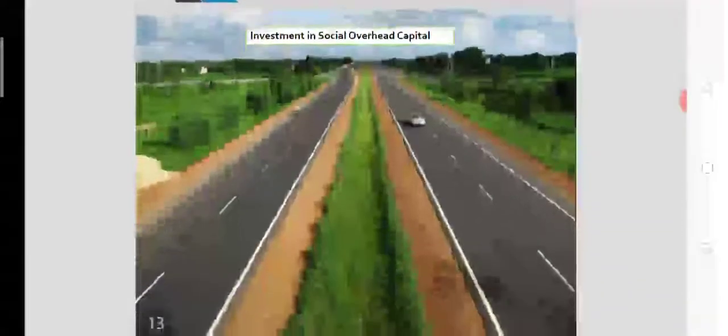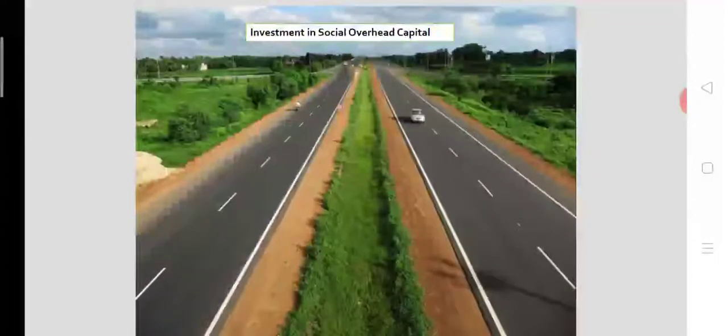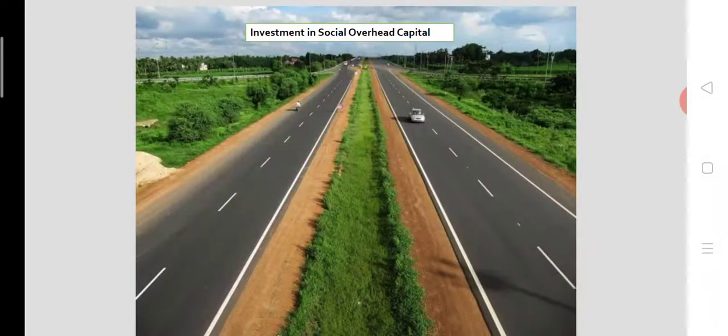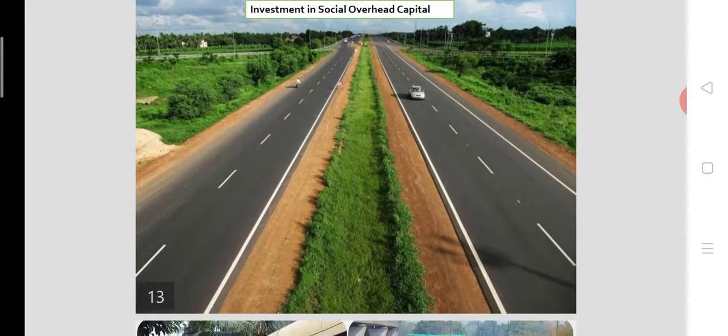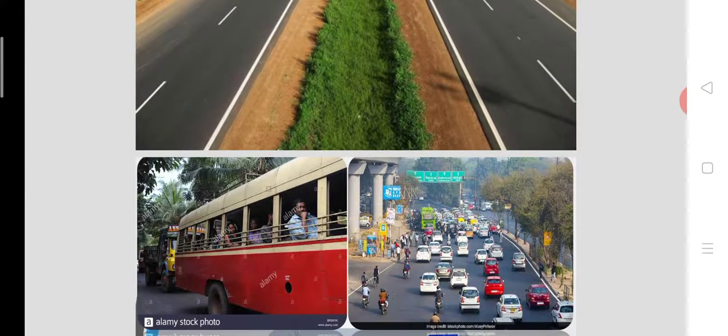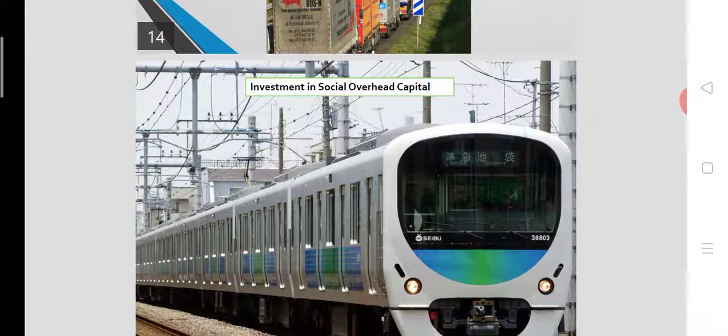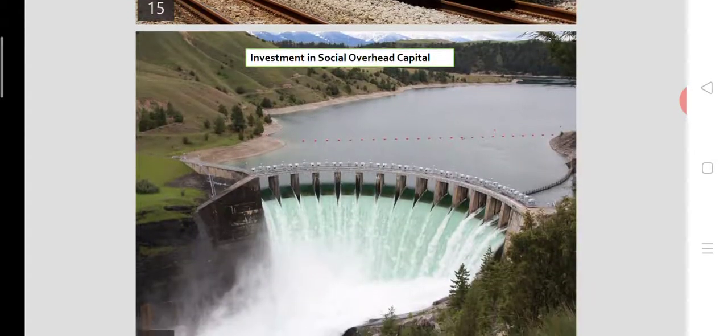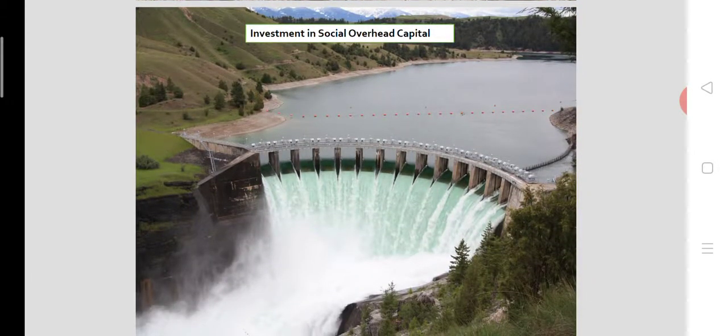As you can see, the construction of highways will stimulate new investment. Even the real estate sector will be stimulated as the price of the nearby places will shoot up. The goods transportation will be stimulated, the labor movement will be facilitated, and tourism will also be promoted when highways are constructed. And all these are the pictures showing some of the